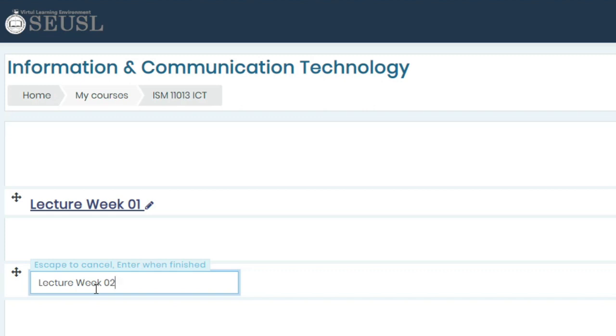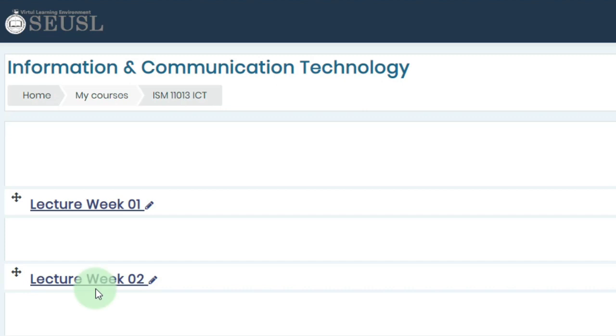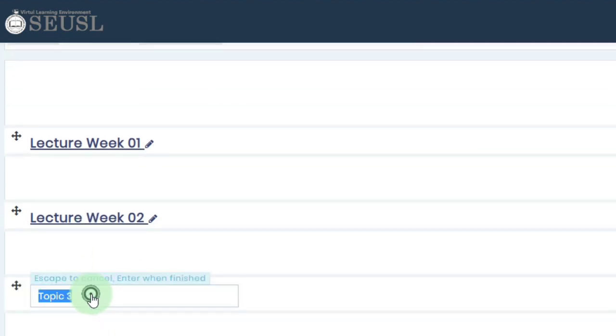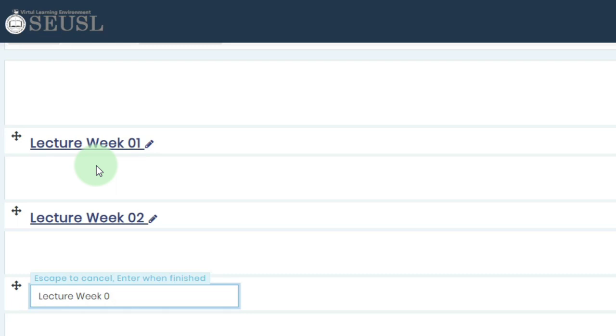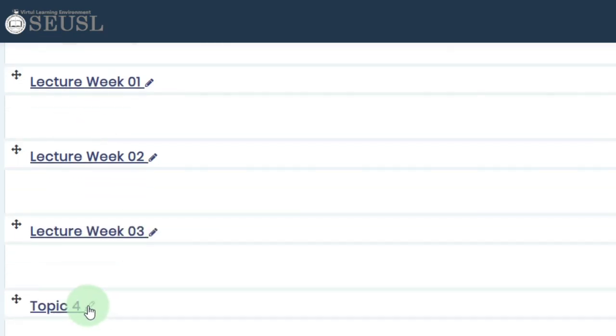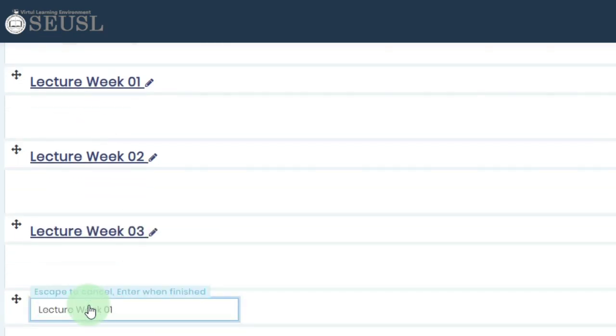Then again we'll press the enter key. Like that we can repeat this process, pencil icon on topic 3. Then we can right click and select paste as well, or else you can use the shortcut key Ctrl V, and here we'll change number 3 and we'll hit the enter key. Like that we want to repeat this same process.